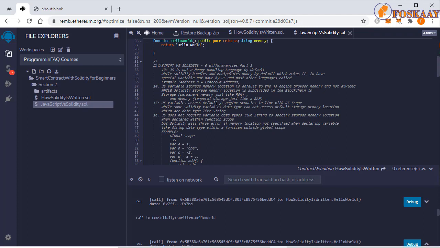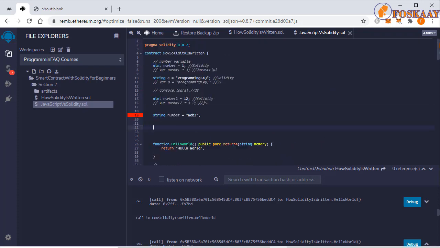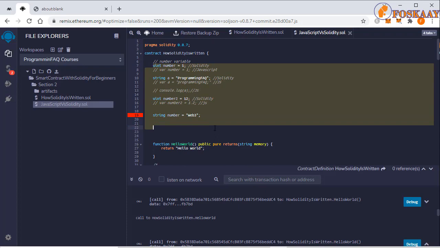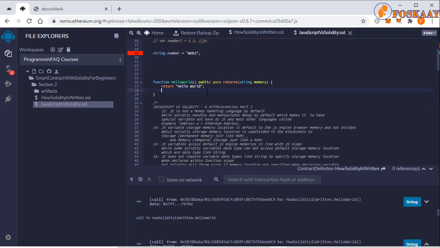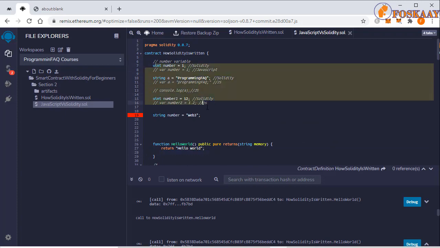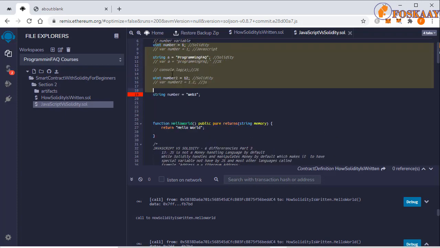JavaScript accesses default engine memory in line with the JavaScript scope. We have discussed some scopes, like the scope here is global, and then there's another scope for your variable. We have discussed it in a previous video. You can watch it again. JavaScript can easily just declare the scope here, but in Solidity, you have to be very